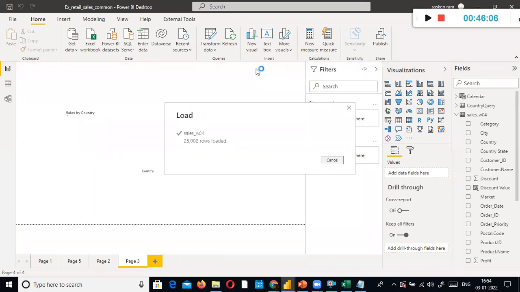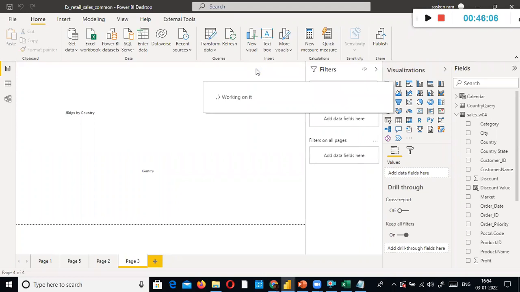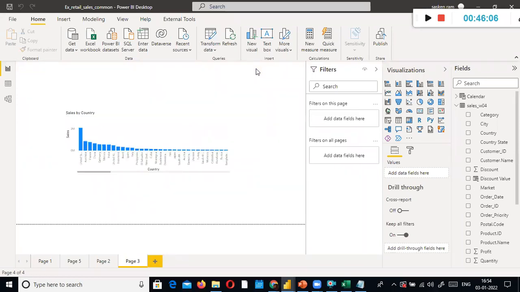Now 25,000 rows loaded, the entire data set got loaded, because we are using the dat1 folder. Look here. So now the question is, okay, now let's say Lavanya, you developed this report. Now we are migrating to, let's say, testing, everything has been done. This is through. There is no bug in your code. Now we are migrating to production. So what will happen is, the production environment guys, they don't have to open the transform data, Power Query Editor, they don't have to open it. All they have to do is just edit parameters.